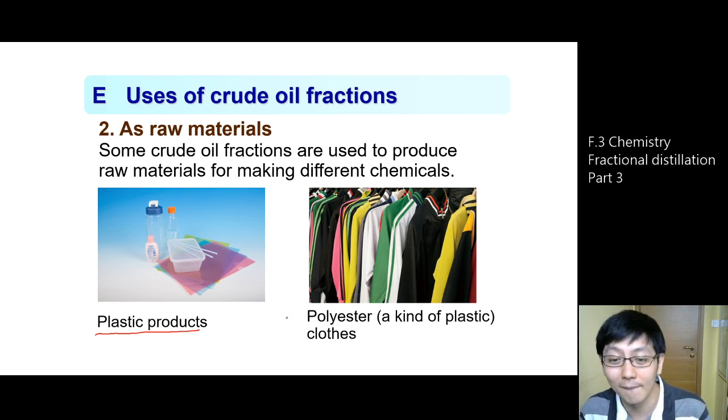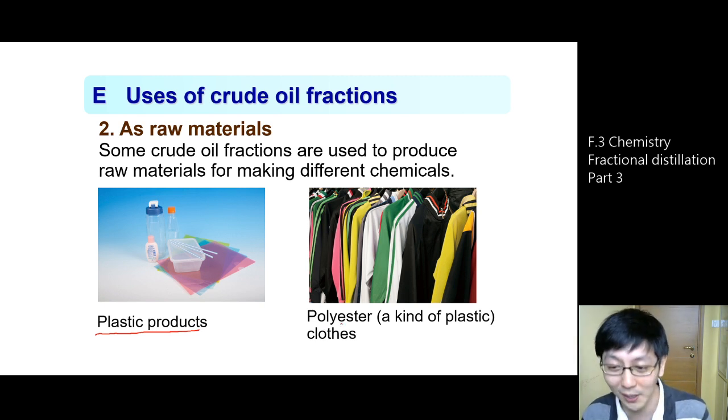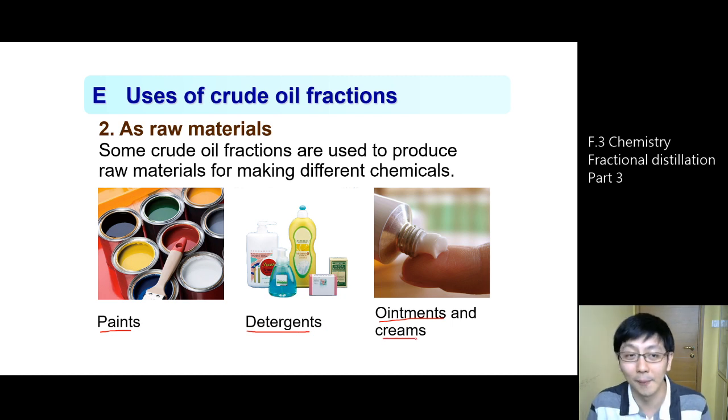Some of the plastic is commonly used as clothing。你件衫個 label 可能見到嘅，特登拍呢個 video 就着第二隻衫嘅 polyester 聚酯 polyester。Some of them may be used to make other chemicals, paints, Form 5, Form 6 organic chemistry 讀嘅 detergent, ointments 同埋嗰啲 hand cream 等等。They come from the crude oil。仲有一啲嘅 candles, pesticides 等等等等。